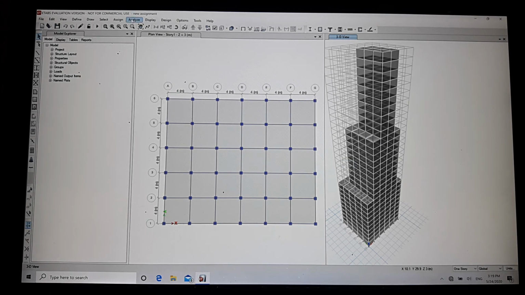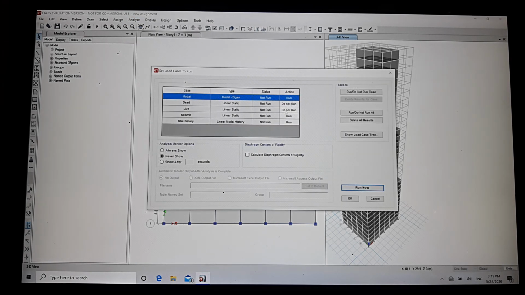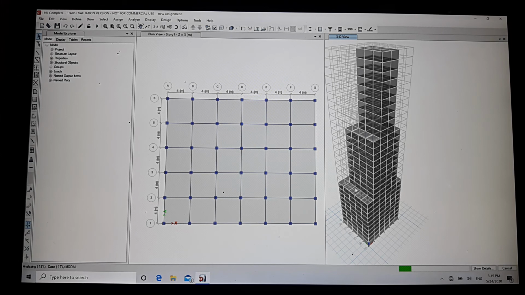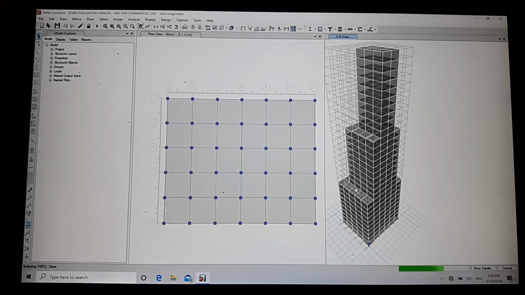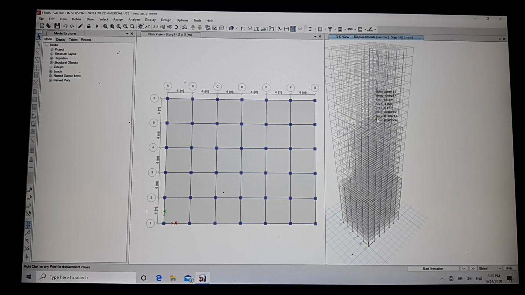Now go to analyze, set load cases to run. There is all OK. So run now. You can see the progress at the bottom left. So you can see our analysis of the building is over.